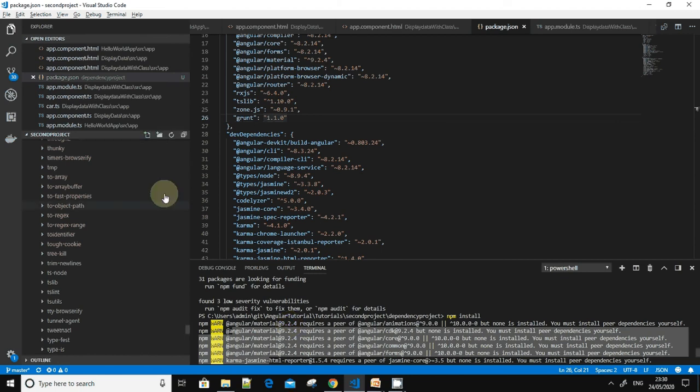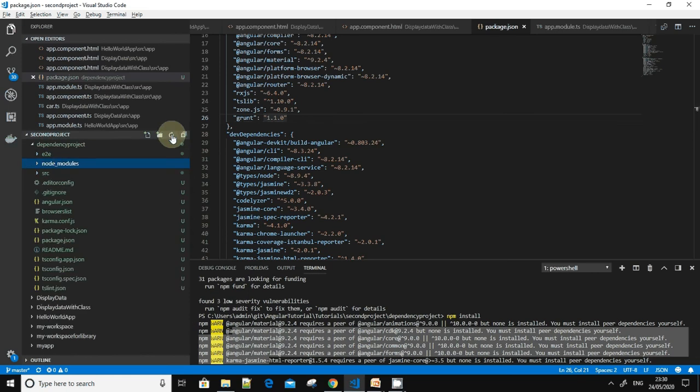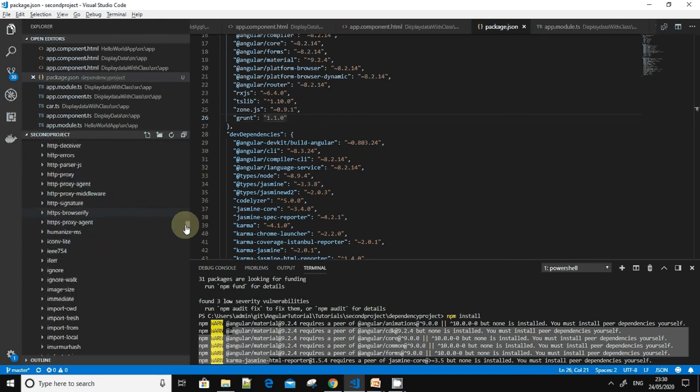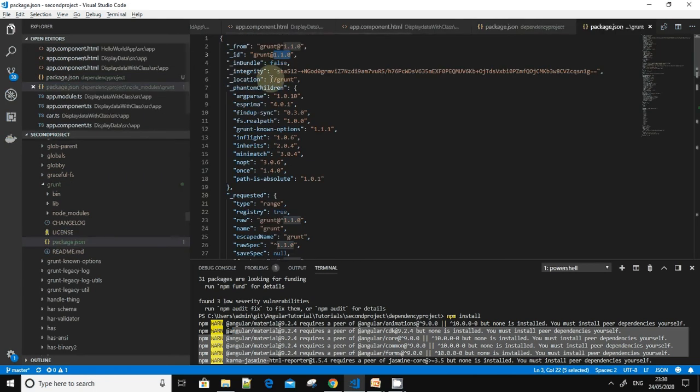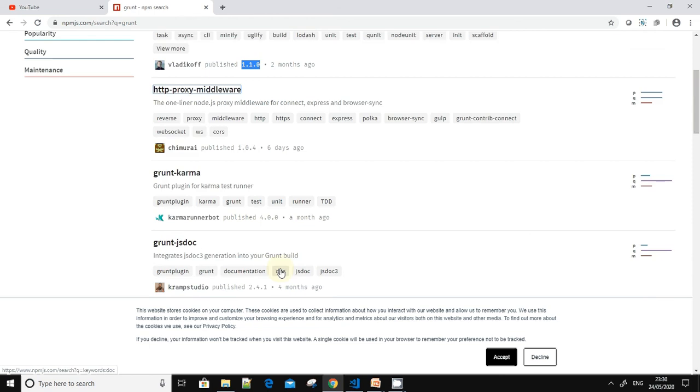If I go to node modules again, I'm just refreshing it once more, and if I scroll down, you can see that grunt has been downloaded with version 1.1.0.